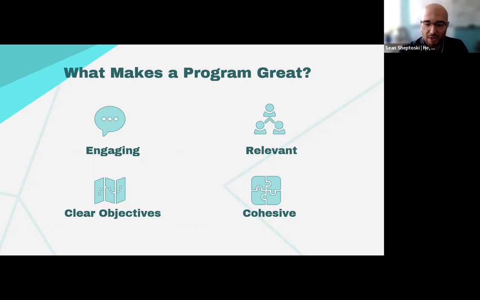And then making sure it is cohesive. So as you write your proposal, making sure to be consistent with your objectives throughout the process, developing those strategies that go towards meeting your objectives. So everything from your title, your abstract, your learning outcomes, and your outline should all line up to describe how you'll be covering and sharing your ideas and topics.